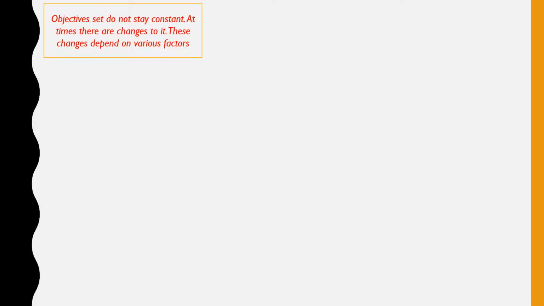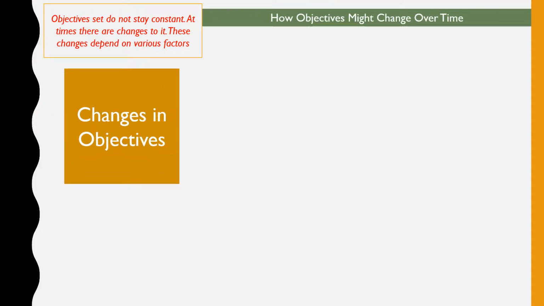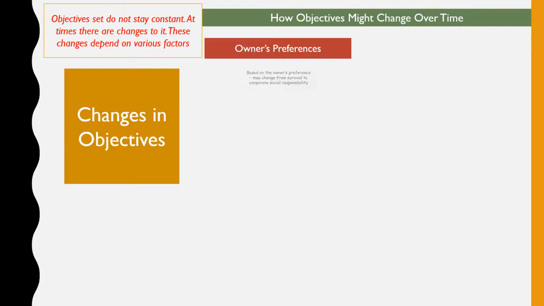Now, the objectives that companies set will not remain the same every single year, as it depends on various factors. So let's look at what are those factors that involve a business changing its objectives. Well, of course, it stems from an owner's preference, right? Some owners may keep to one objective, perhaps survival, and at one point decide to keep up to profit satisficing, which is basically ensuring there's just enough for the business to continue rolling without earning too much or too little, right?